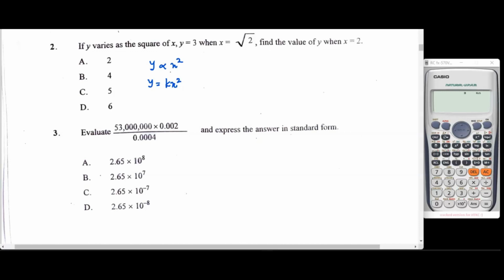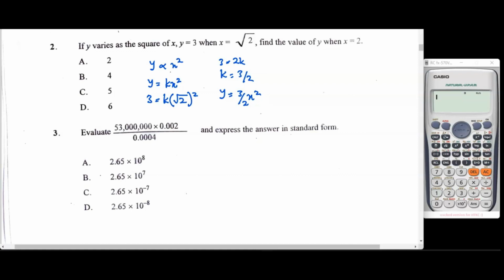So that is going to be y being 3, and then we have k, x is actually square root of 2, and that should be squared altogether. Then going further, solving for k, you know, the square root will be done away with the square here, so it will be left with 3 is equal to 2k. So finding the value of k, that is going to give us 3 on 2. So generally, our equation should be y is equal to 3 on 2 x squared. That's our equation for this